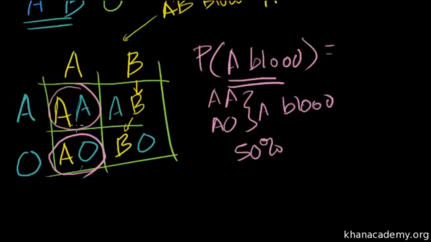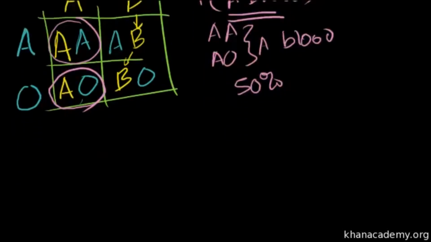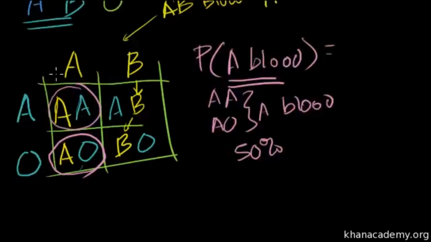And you could do all of the different combinations. And you say, how do you have an O blood type? Both of your parents will have to carry at least one O. So for example, that would have been possible if maybe instead of an AB, this right here was an O, then this combination would have been two O's right there. So hopefully that gives you an idea of how a Punnett square can be useful. And it can even